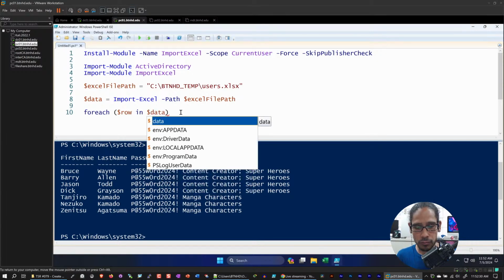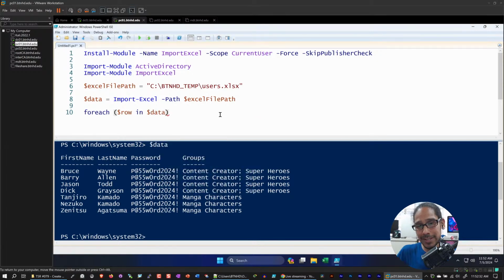It's going to go inside row. And within row, it's going to process inside the for each loop to output what we want. So from here, we're going to hit enter. We're going to do wiggly brackets, hit enter, and let's hit tab. So from here, we're going to start declaring all our roles and everything that we need to do to create our user accounts, add them to groups, and add them to the specific OU path that we want to drop